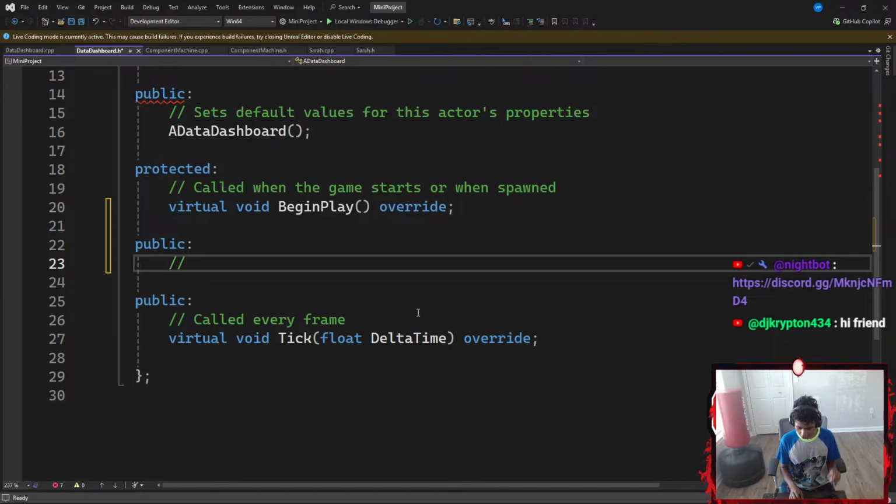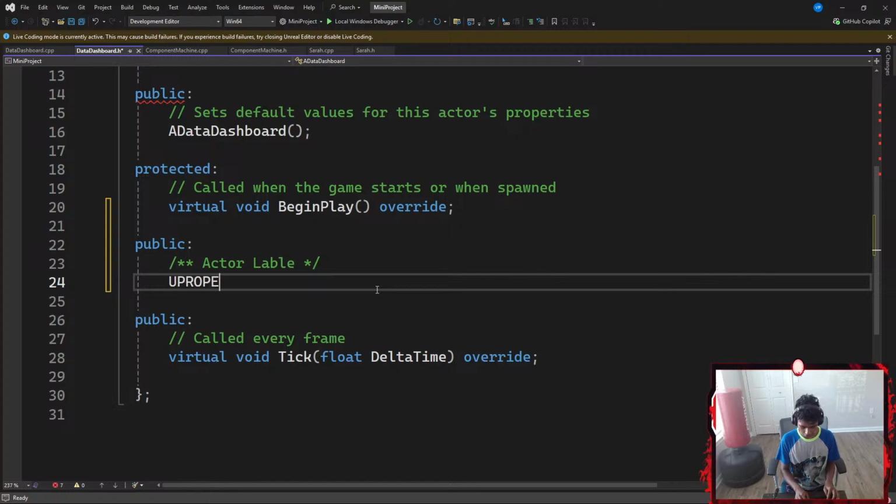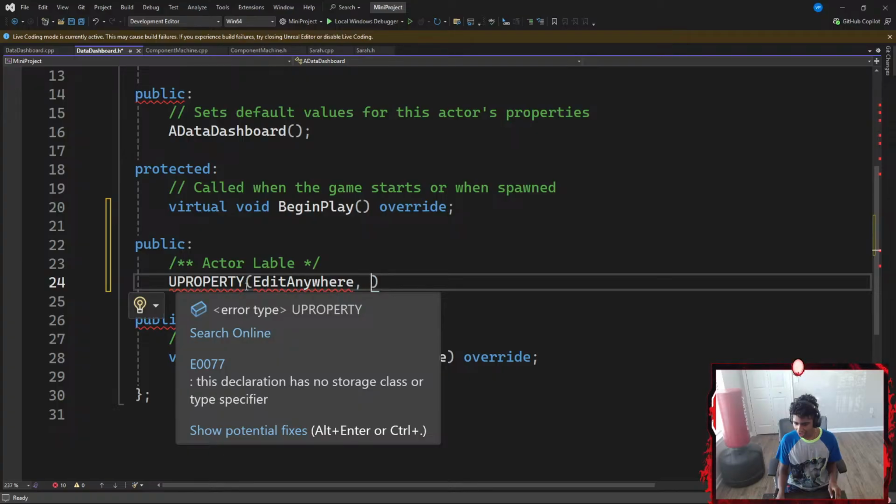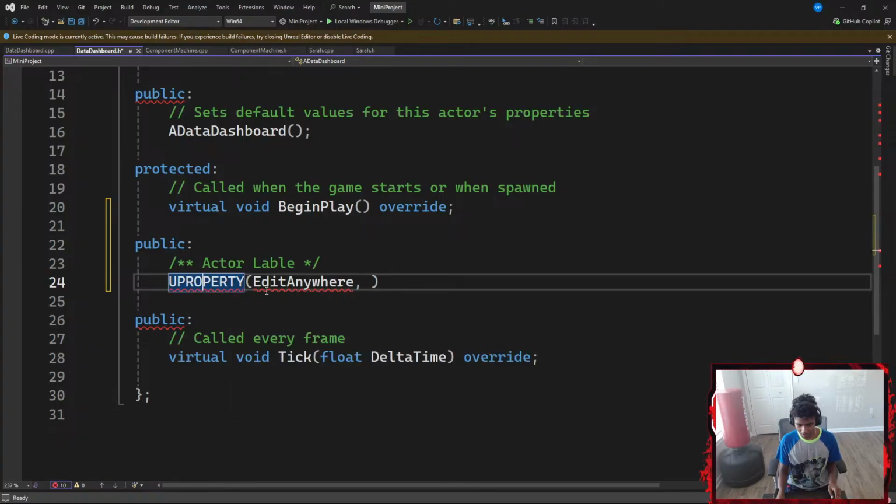So firstly, I'm going to go with something like a triple asterisk comment. That is going to go ahead and say something like actor label. Okay, there, I'm going to go ahead and let's say create a UPROPERTY, which I want it to be edit anywhere. Let's go with something like edit anywhere. I want to be able to edit my, let's say, actor label anywhere, which means in my blueprint defaults, or in my editor. By editor, I mean my Unreal Engine's instance. UPROPERTY. I think I spelled that correct, right?